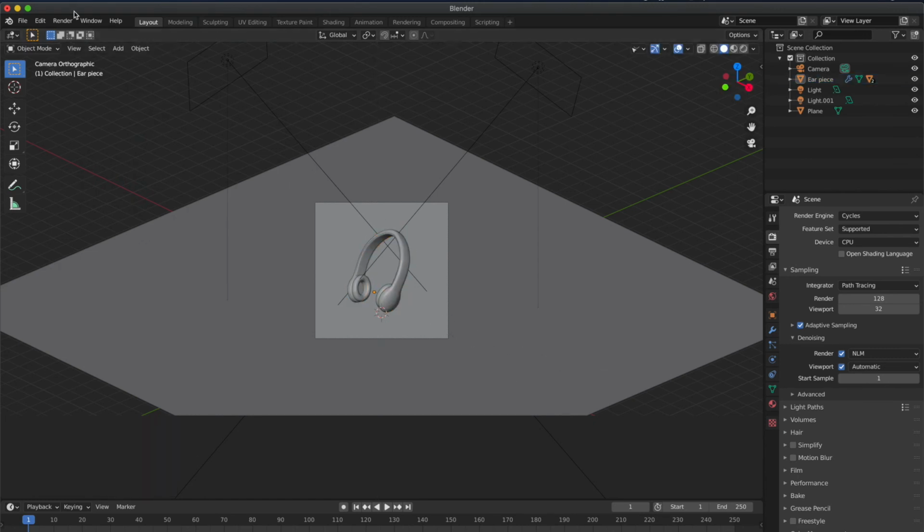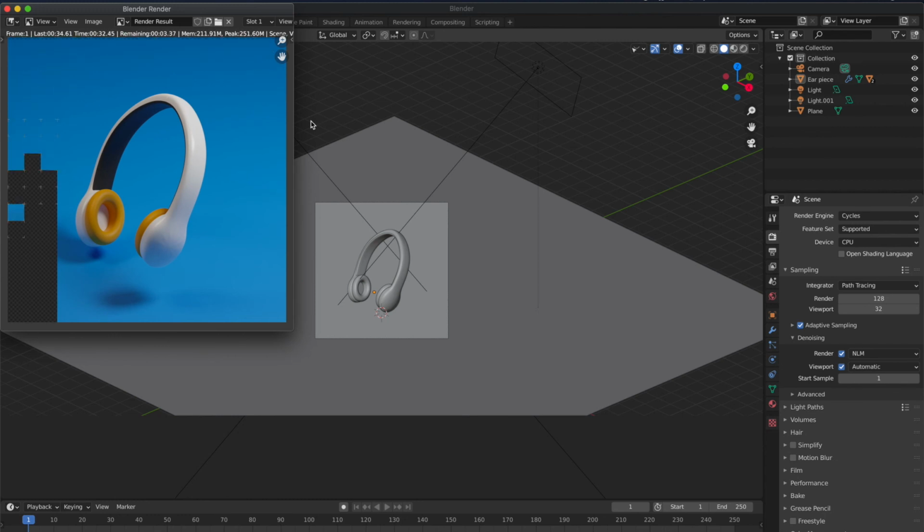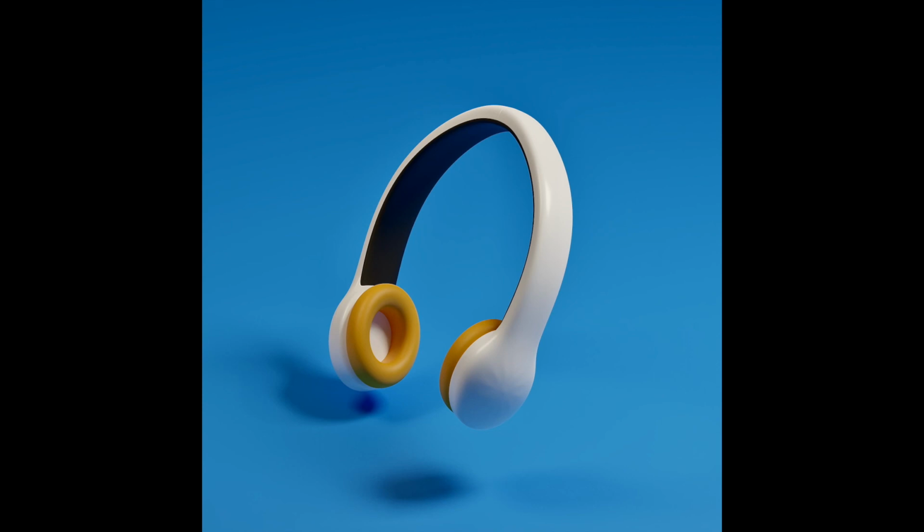So I guess that's it for now. You can see this is the final output of our rendered image. You can change light settings if you want. I have selected area light for this particular model, or go with the EEVEE engine and see how the final output comes. So I'm gonna stop here.